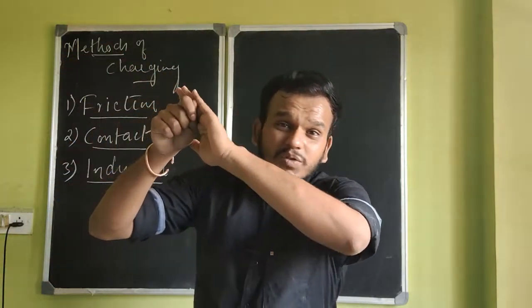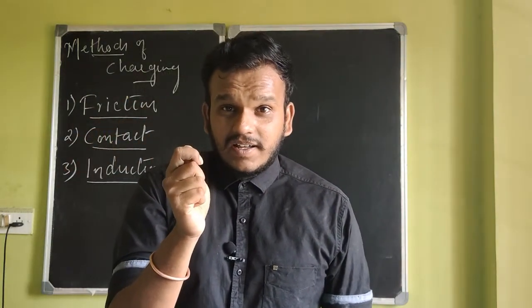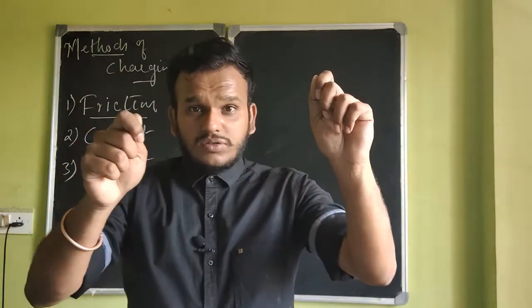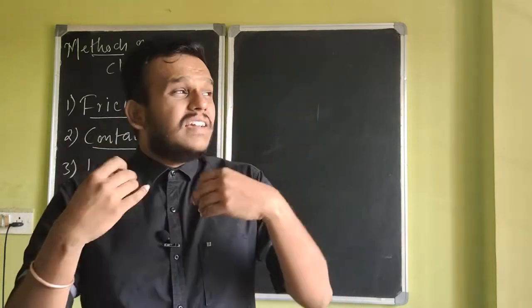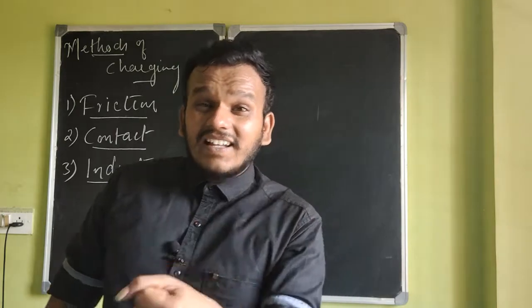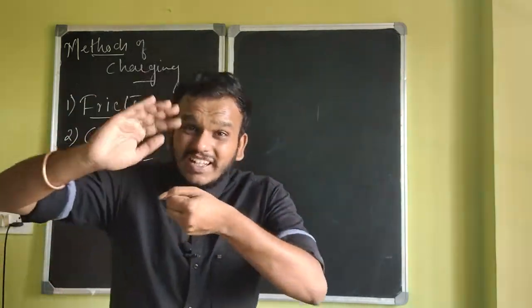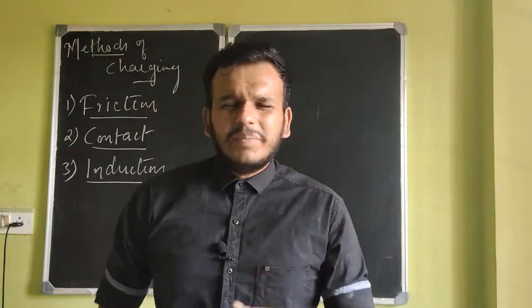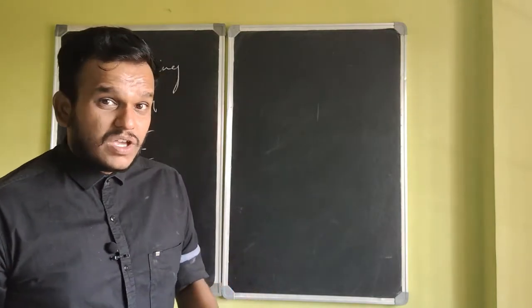So the electrons have moved away from the comb, leaving the comb positively charged, right? So basically this friction created some kind of charge on the object. That itself is charging by friction. Another example of charging by friction is, take a glass rod, rub it against fur. The glass rod will gain negative charge. So basically you're creating friction to eventually gain charge. That is charging by friction. Pretty simple, right? Next, charging by contact.